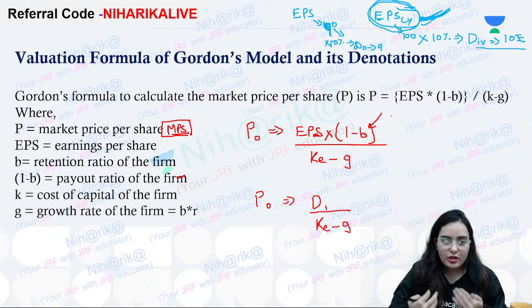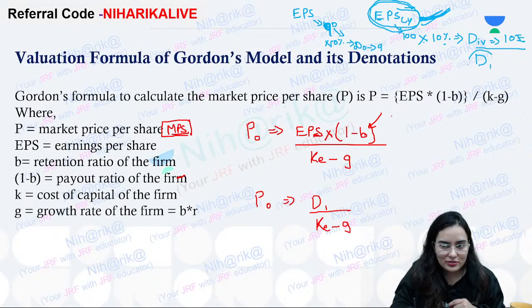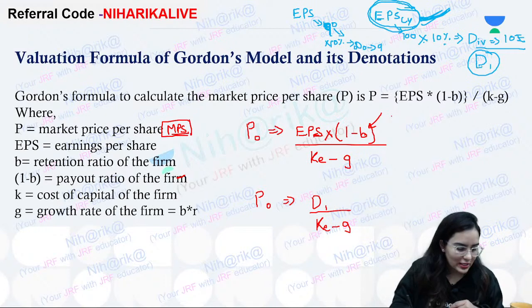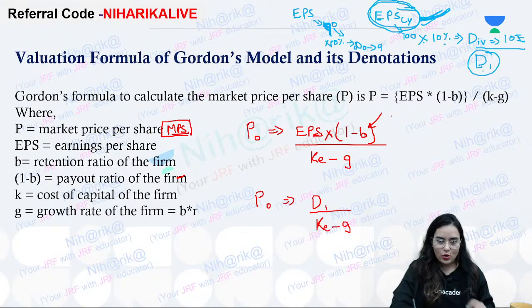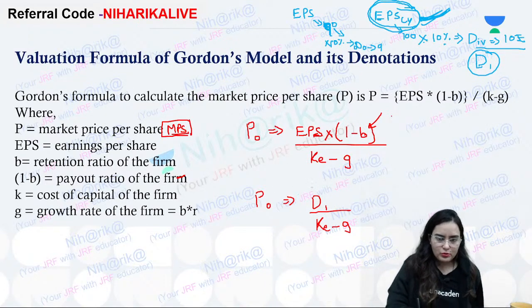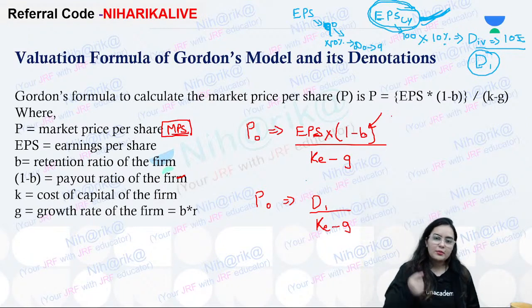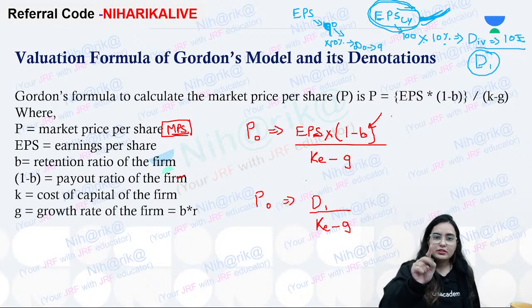Getting it? Now current year EPS into the percentage of dividend given will give us the current year dividend which we have to give. Getting it? Yes? Okay. But suppose EPS is not given, then what should we do? If only the dividend is given, what should we assume? If along with the dividend, growth is also given,